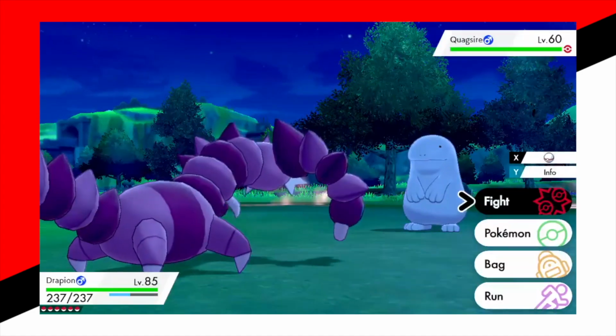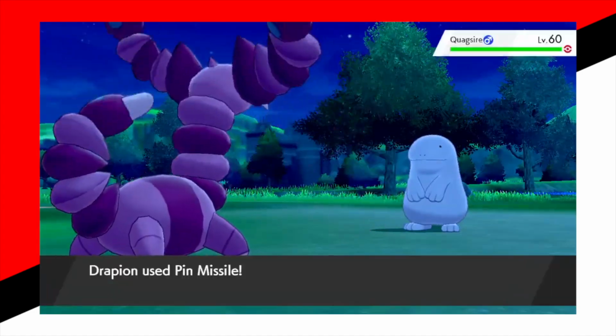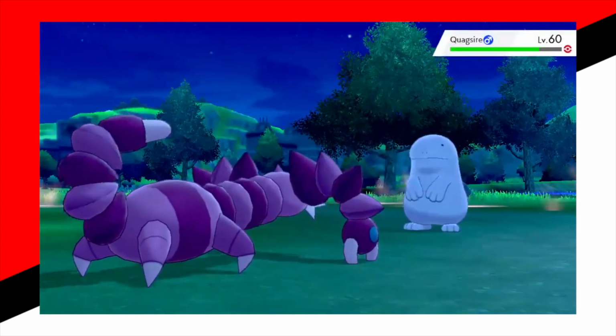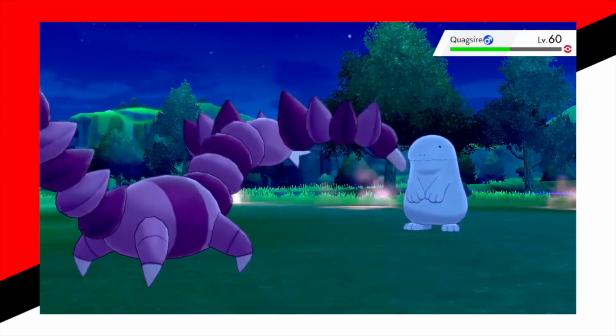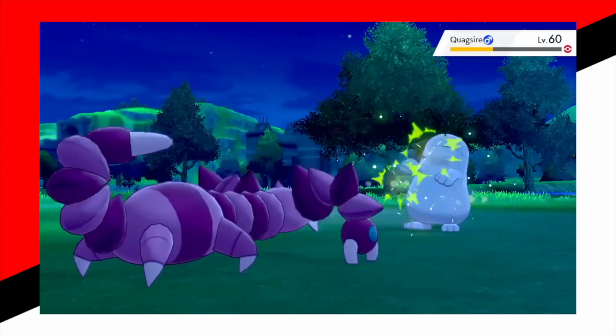So Pin Missile has the potential to be very powerful in the games, especially after it was buffed in Generation 6. But most of the time it will either be decently powerful or it will have okay strength. From a visual standpoint, it's a pretty unspectacular move since the Pokemon is just launching several needles or spikes at